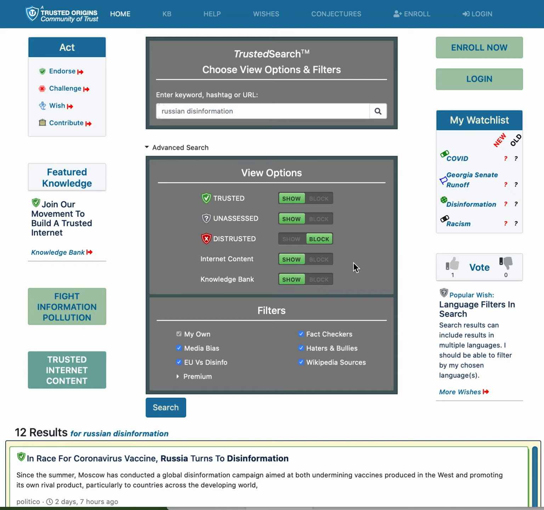You can see here that in addition to which of the trust signals you'd like to have used for a search, you can also determine which of two sources of internet content you'd like to see. First, the general internet, and second, our knowledge bank. Both of these are showing right now. To determine whether or not to show you the information that matches these view options, you can choose which of